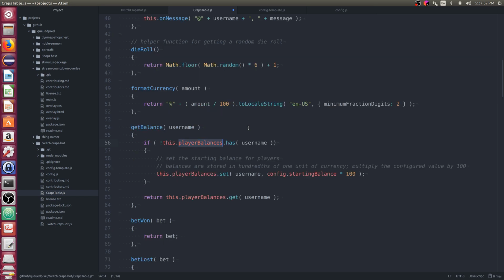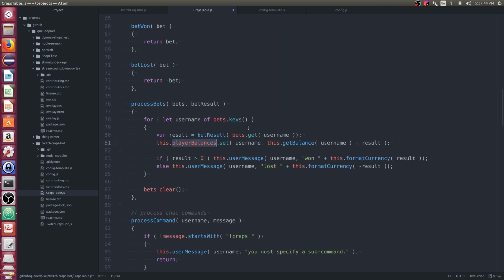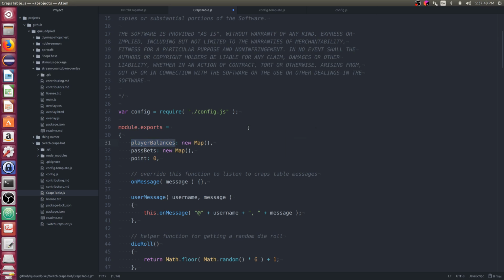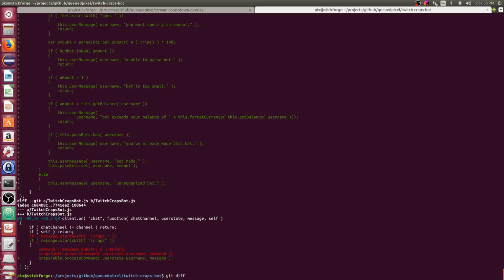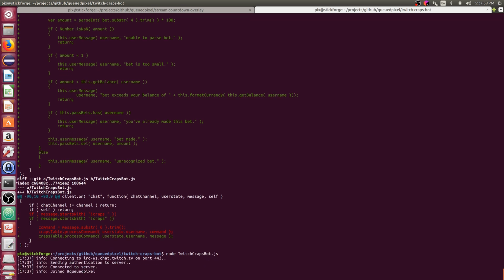Oh, that's it. That's the only place that was used. So we use it in get balance, which makes sense, and we use it in a process best to set the balance. We don't use it anywhere else. So yeah, that looks like a great change. Let's just do another quick test here to see if all this works. Make sure I haven't typed in any minor typos.